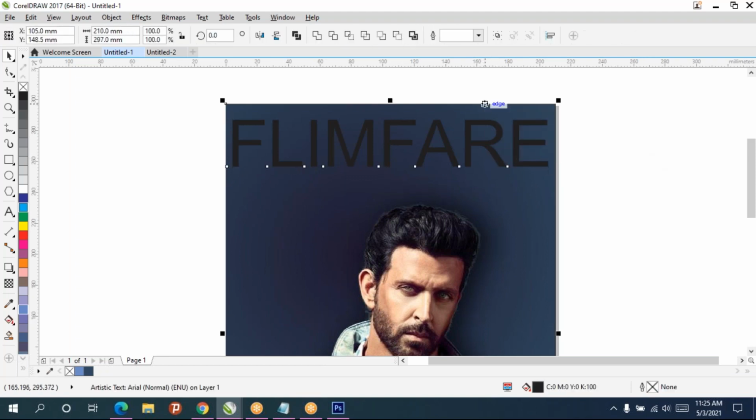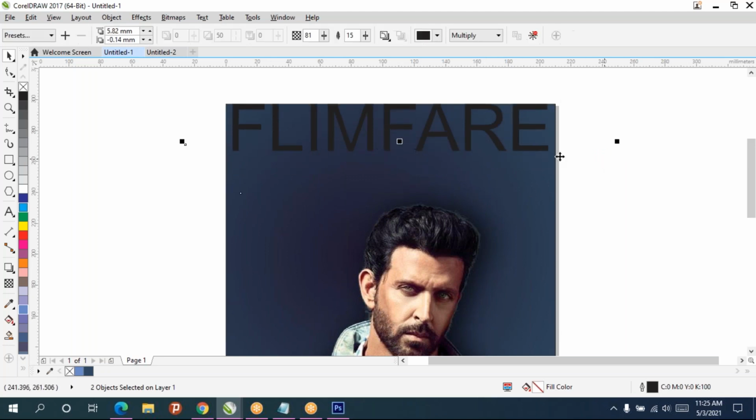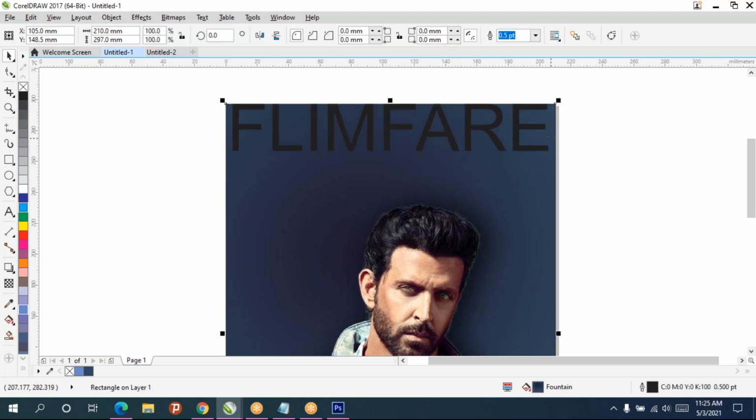This object and this object I'll select. I'll press T, T for top text alignment.